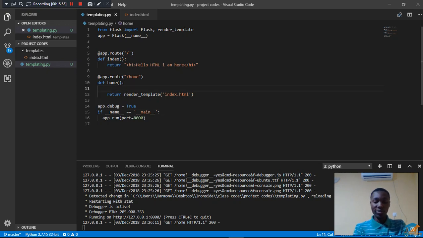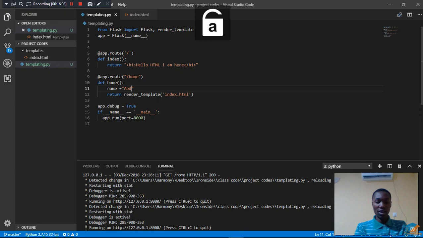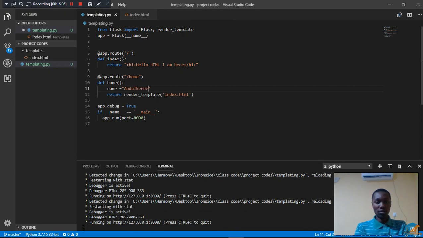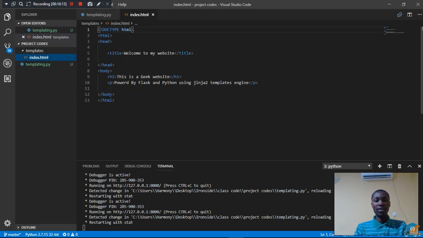So I'll create a variable here. I will call this variable name. So this name will be my name, say Abdul Karim. Okay. Now going to my HTML file here,